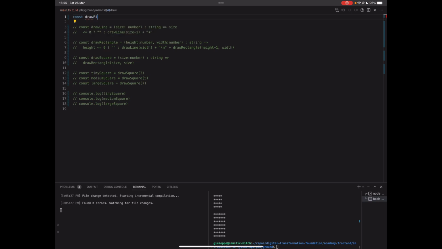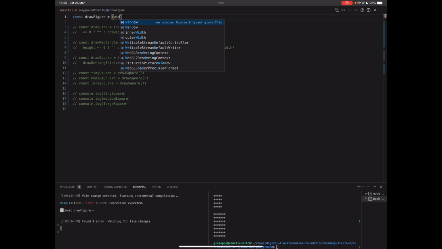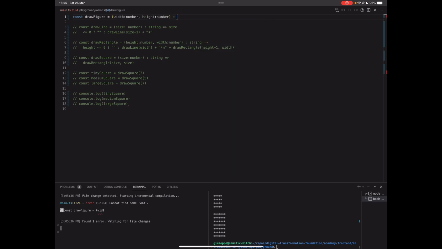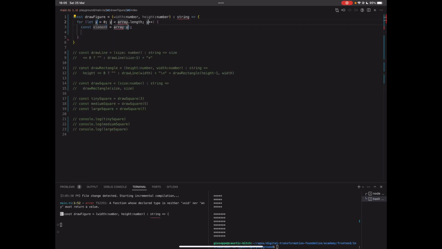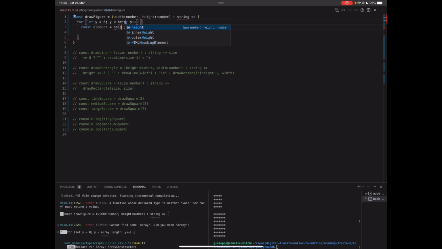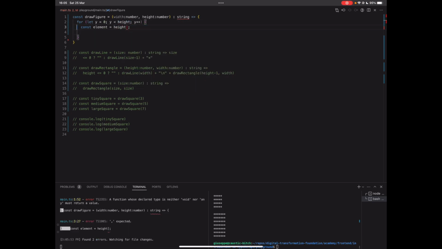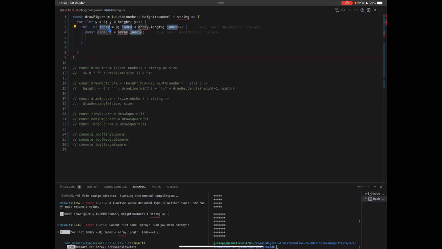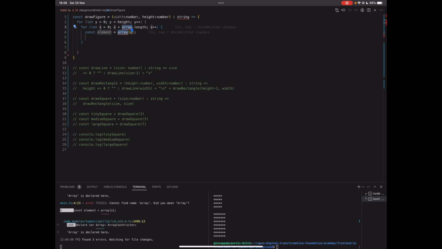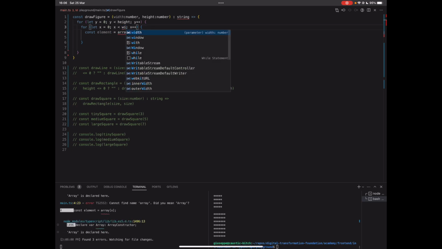So draw figure. In general, draw figure will take a width, which is a number, a height, which is a number, and return a string. Okay, what do we do? Well, we have the let that builds up all the rows. So for each row, we have the for that iterates the columns of the current row. So for width,